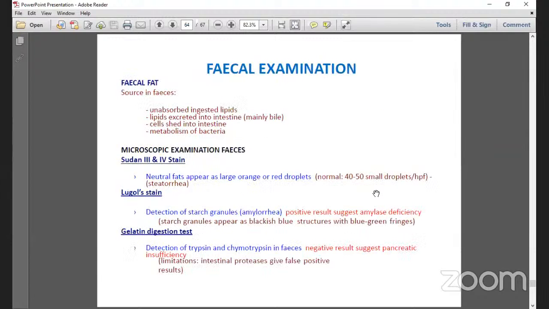Okay, the next one, and then we come almost to the end of the session today. The last one, we can do the fecal examination in case of GI tract disease, so with fecal fat. So the idea is when the animal